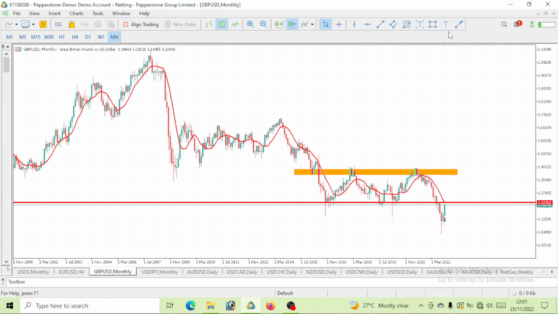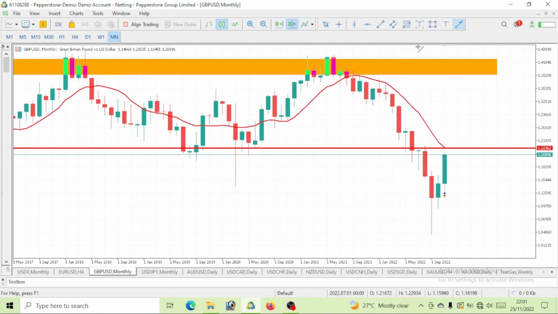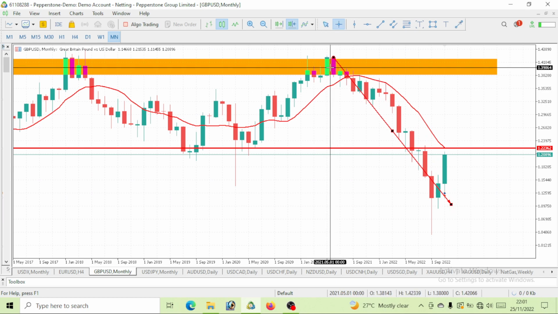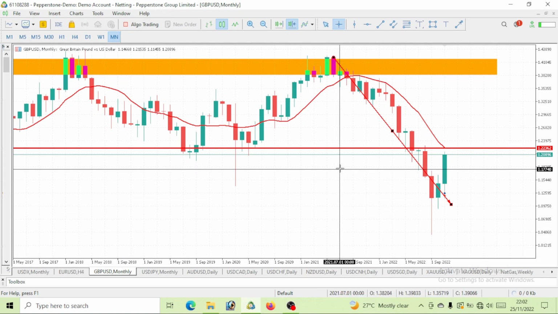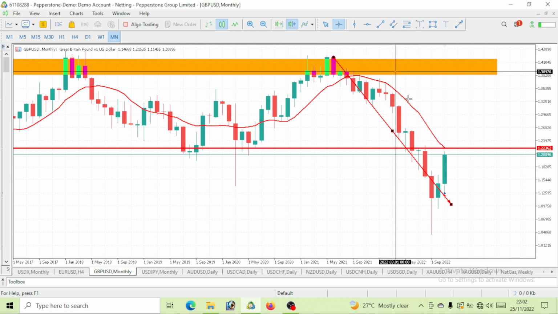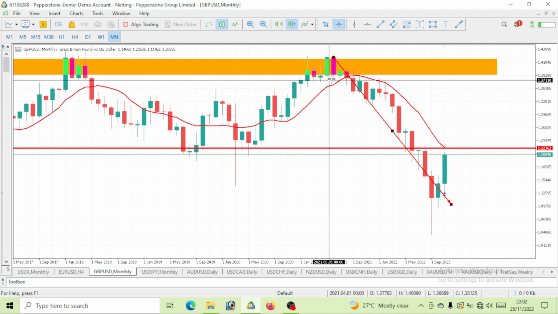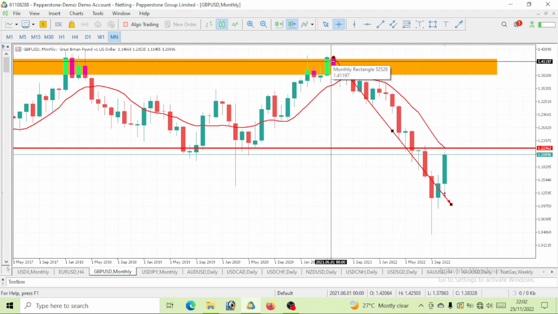So full trend, right? You can see that we are on a bearish move. Now let's start it from this movement here. I think this movement is far better. This is around mid 2021, right? I think this was around May. So we'll be around May. We'll be having this bearish move on